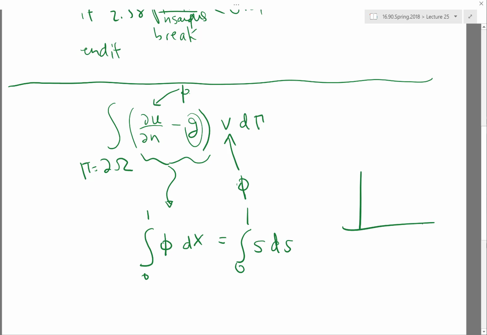So along an edge we would have a basis function that's equal to 1 at one node, at s equal to 1. If we parameterize an edge along the boundary from 0 to 1, then it's going to be s. And then the other basis function, coming from the opposite node, is going to be 1 minus s. But anyways, I just wanted to clarify that because it's something that's on project 2. The half comes from the integral of a triangle over